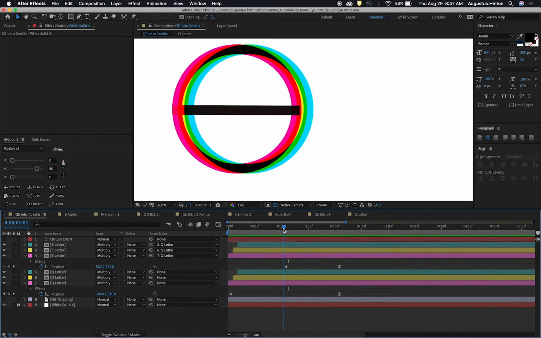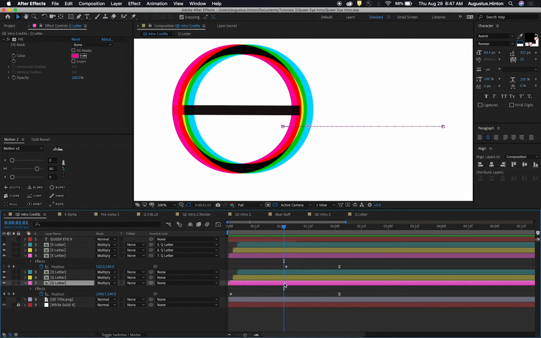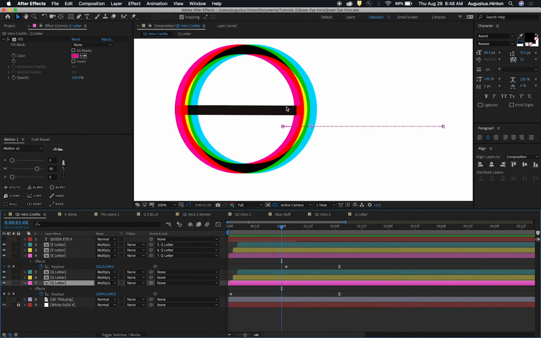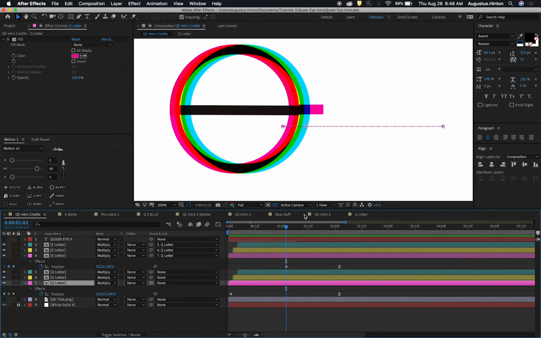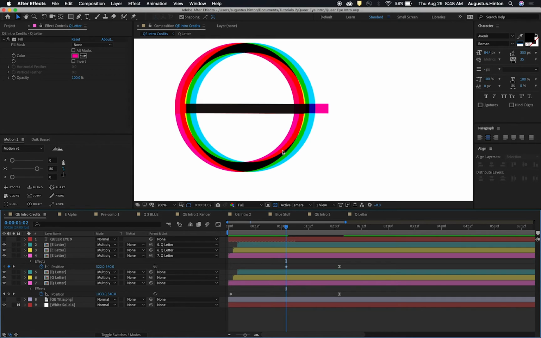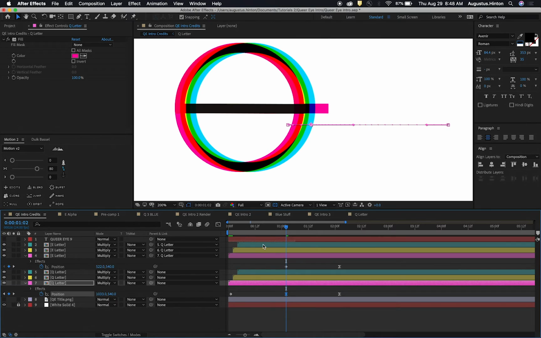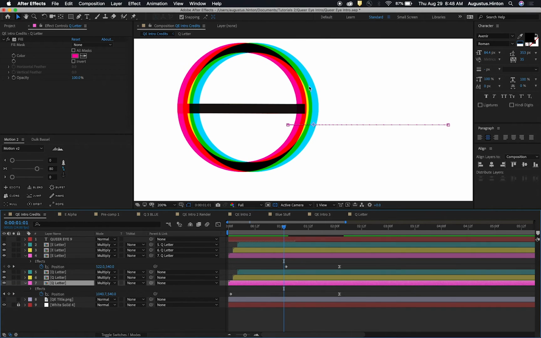So let's go to this Q, our original Q. We have our position keyframes. Let's lay one down right in the middle, as this bar is starting to approach the end, and I think before this pops out. So to get these to align, we're going to make a position keyframe right in the middle. Actually, let's not do that. Let's do it just before the Q leg pops out. We'll make a position keyframe, and then we're going to